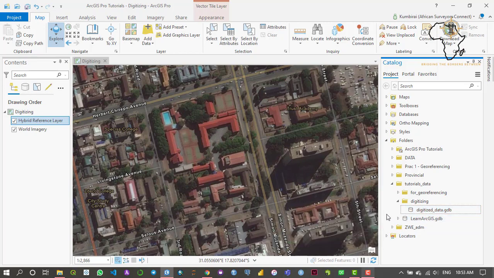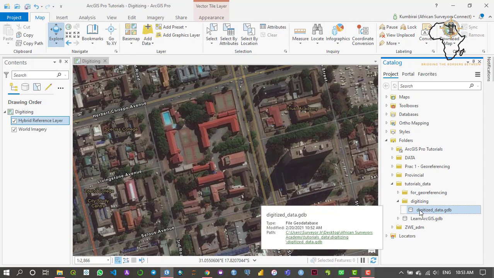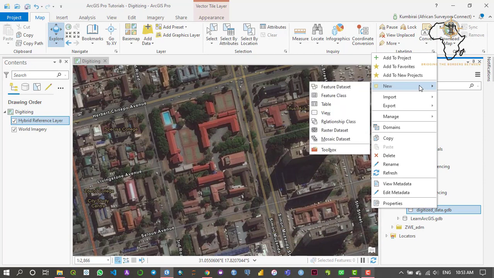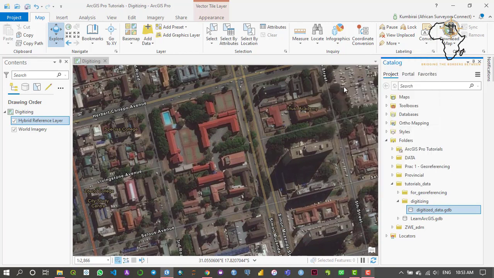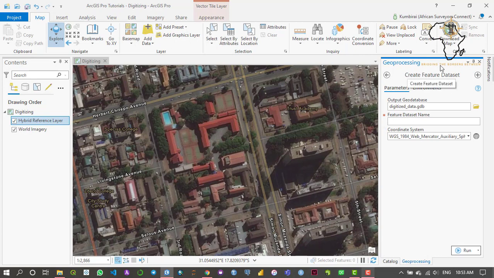So first of all, I'm going to digitize into polygons. So we go on Digitized Data file GeoDatabase again, and then we navigate to new. This time we want to create a feature dataset. This is where our dataset is going to be stored, because I just want the data to be punched up into just one space. So let me just create that. Okay, so then it opens this geoprocessing tool, and it's asking me for the feature dataset name. So I'm just going to name it Harare CBD